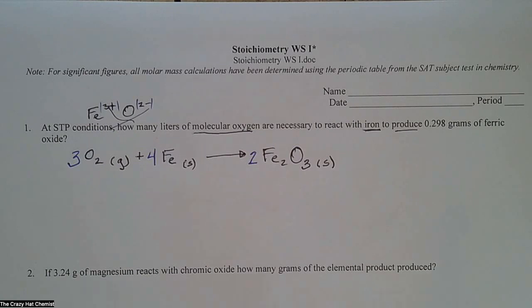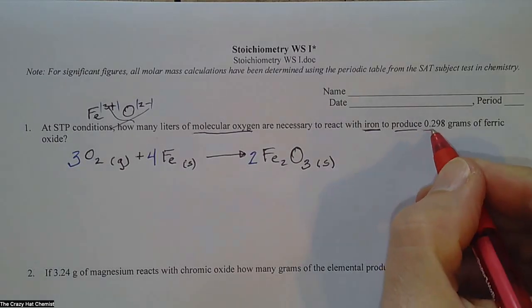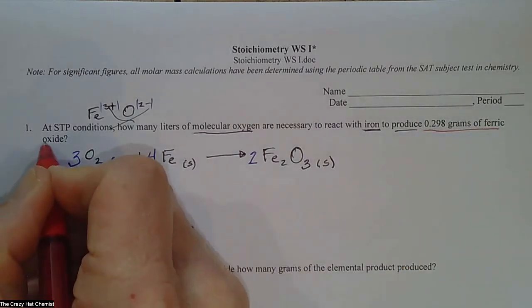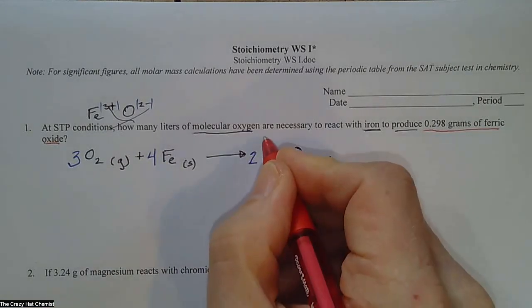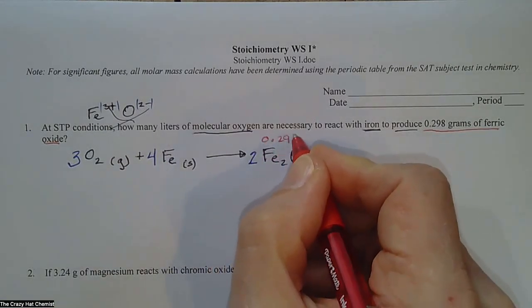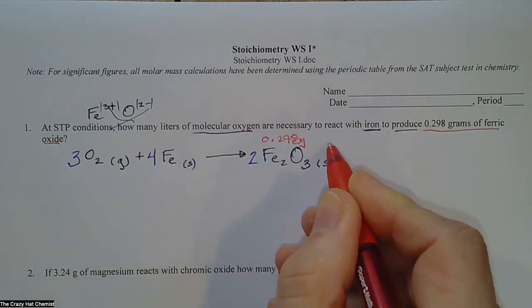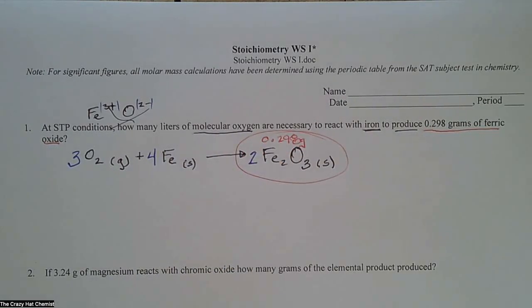So now what we're going to do is we are going to read the rest of the problem again and figure out what it is that we have numerically and what it is that we want. It says that we have 0.298 grams of ferric oxide. So that means that we have 0.298 grams of this product right here. And then it says